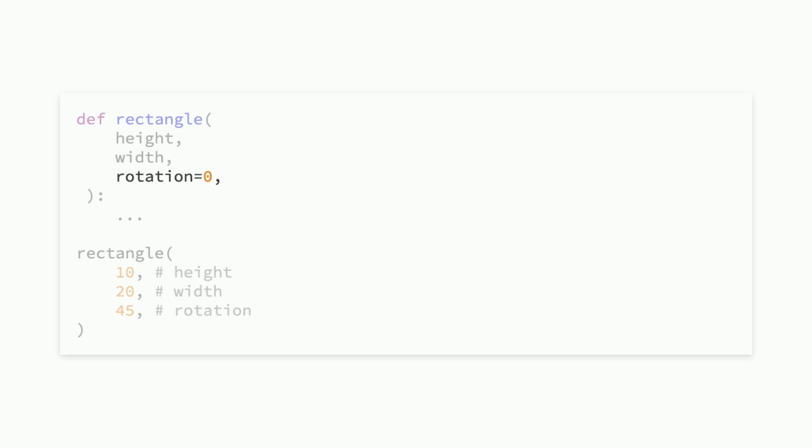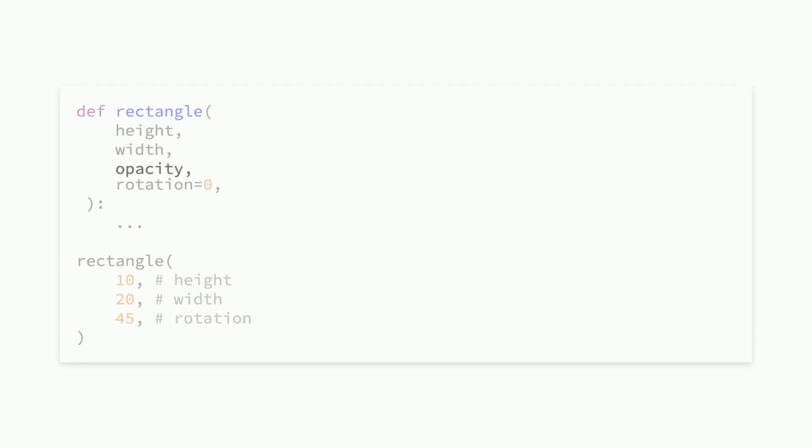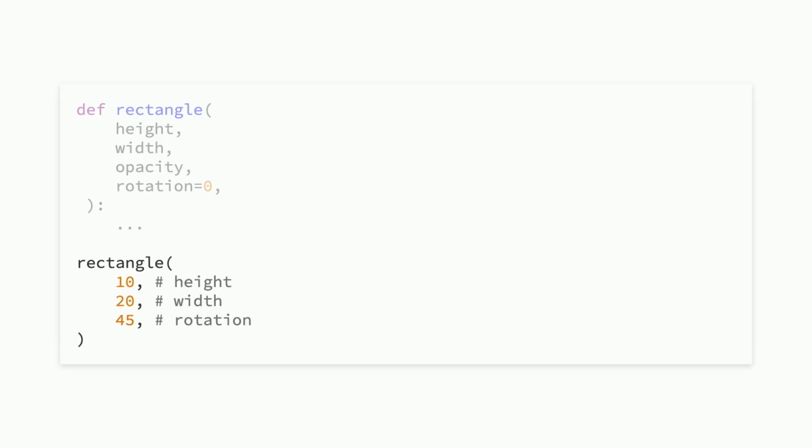Like for example, if we go back to the default argument being used for rotation, then we could call that function with a third argument overriding that default. But once we introduce a new required positional argument like opacity, where 10, 20, and 45 were previously for height, width, and rotation, they're now actually for height, width, and opacity without us ever knowing.